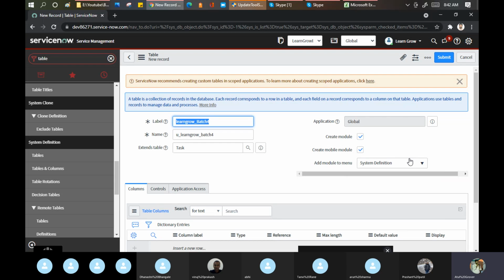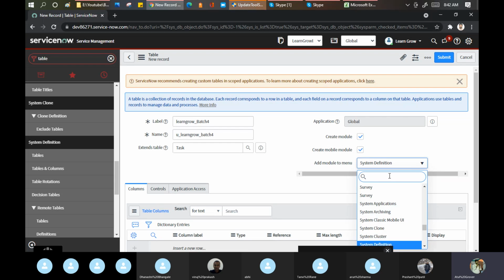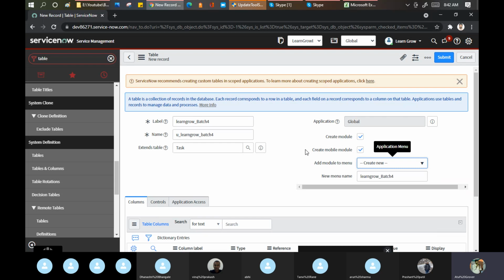So let's take one example to create a new application first. To new module, create new. What do you want to give as the application name? I want to give the application name Learn Grow Together. Till now, any doubt, any question anyone has? Guys, be clear on the fundamentals here.